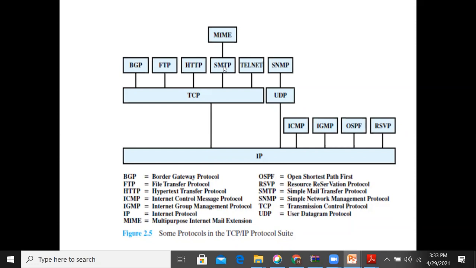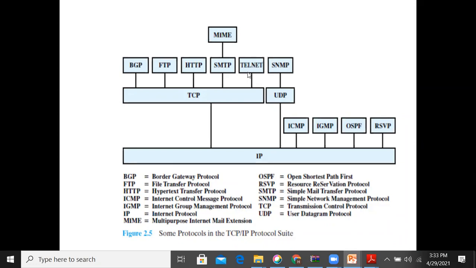SMTP was the older one, and previously it allowed only text mail. Later you can add attachments, which can have images, files, video files, whatever the content. For that, the extension is MIME.